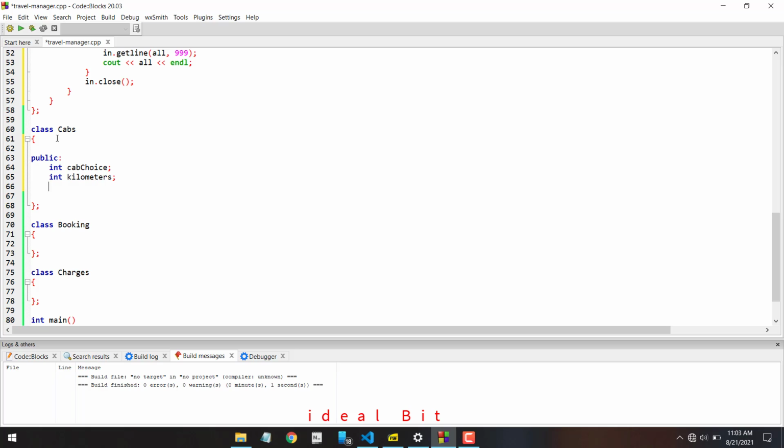There will be some cost for this cab, so I can say float cost, and that's all. So okay,